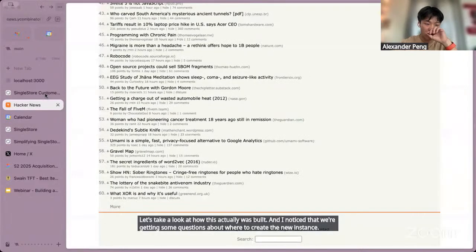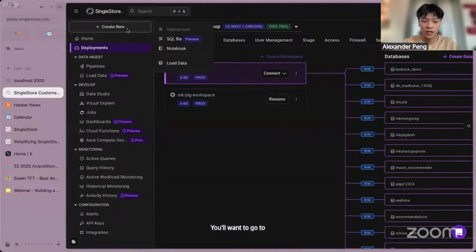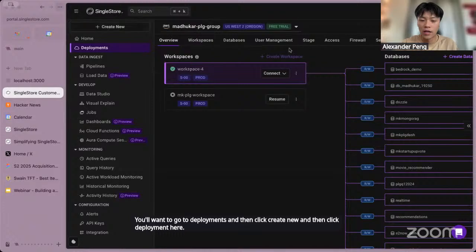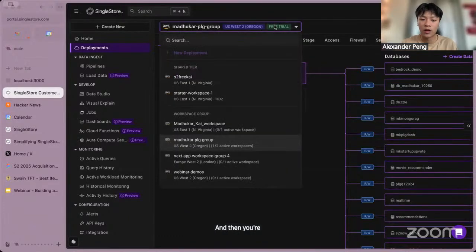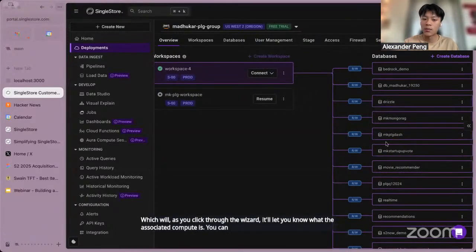So not to worry. Under SingleStore, under your home page after you've logged in, you'll want to go to deployments and then click create new and then click deployment here. Then you're going to create a free trial, free shared tier workspace, which, as you click through the wizard, will let you see what the associated compute is. You can define the database name, and then